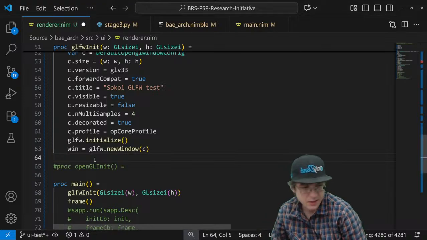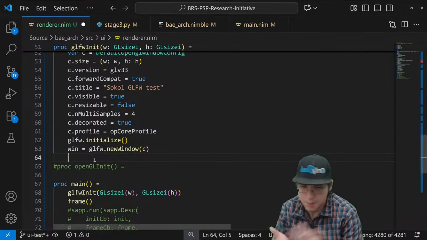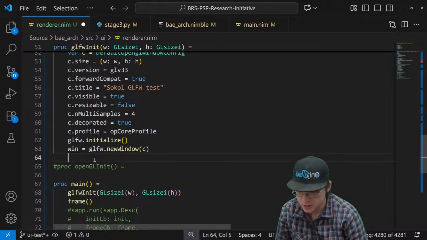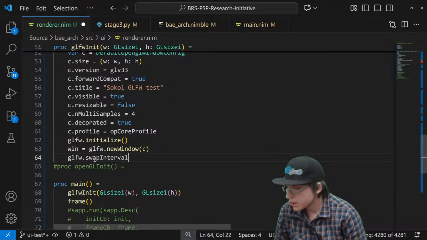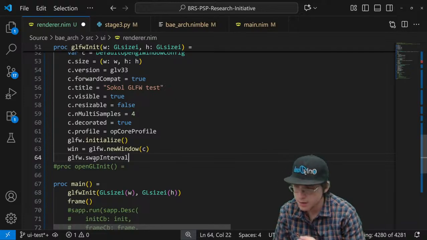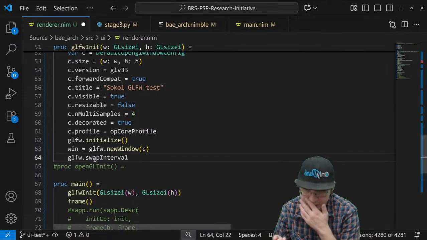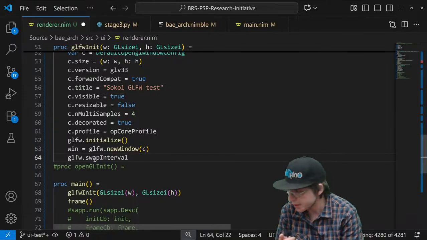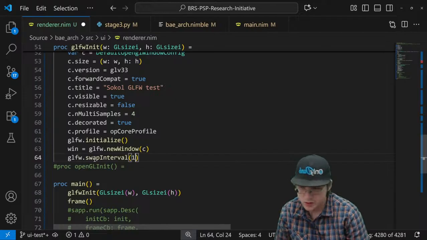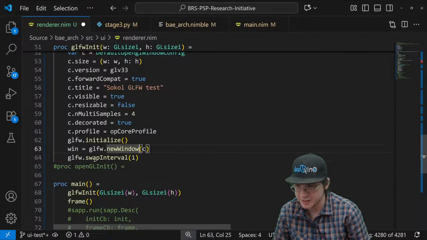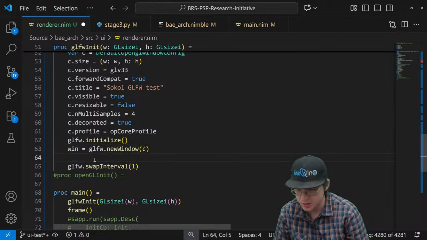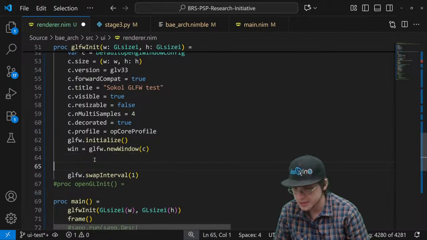What that does, I believe, is tell it to use VSync, so it doesn't have screen tearing or anything, especially once I start setting up some kind of viewer for models and textures and whatnot. I don't know if I'm going to do that. I don't know how hard that's going to be.